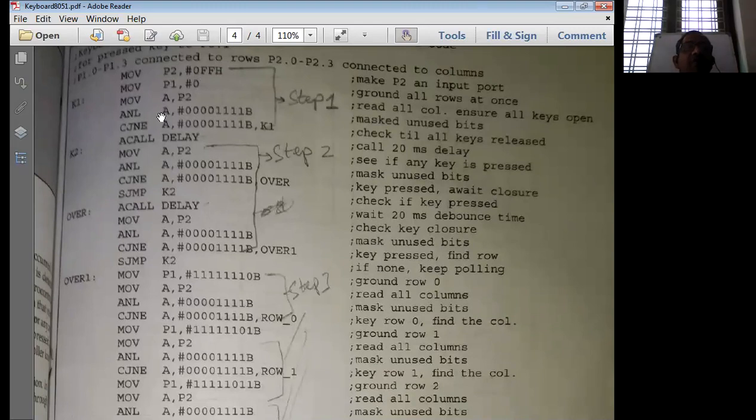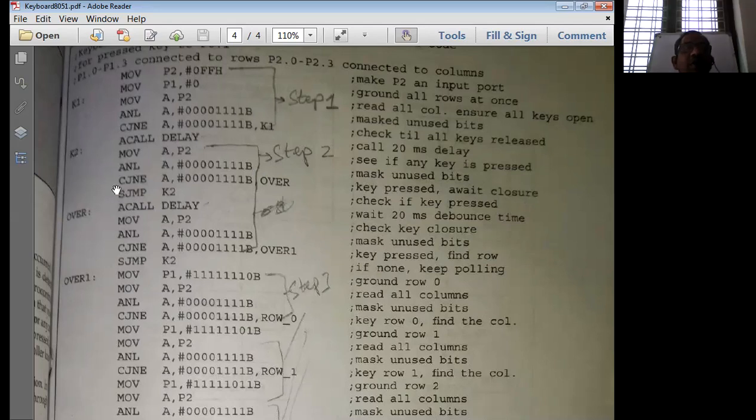So after we initialize the keyboard, imagine that there is some key pressed on the column, connected to port 2, which is known as the input port. The contents of port 2 are simply placed onto the accumulator. Then I test with the AND operation the contents of the accumulator with these bits.